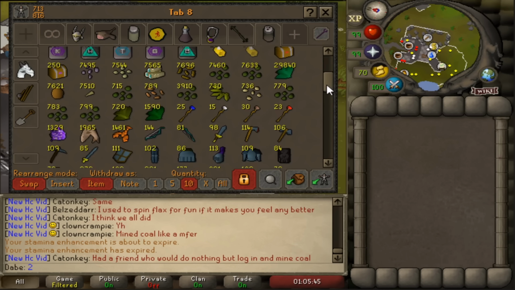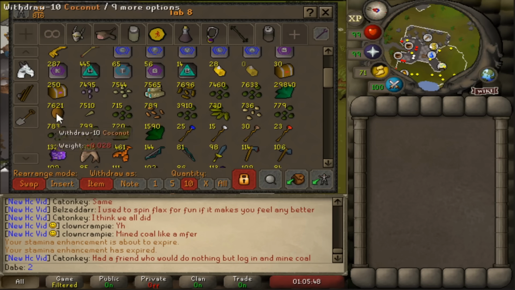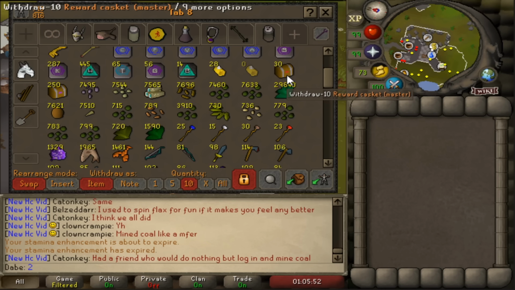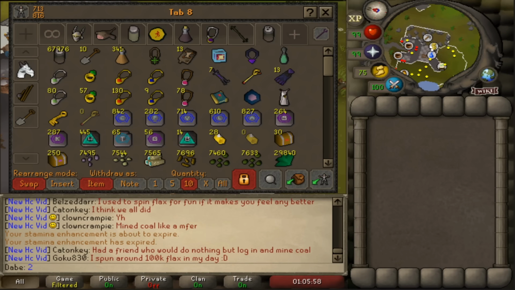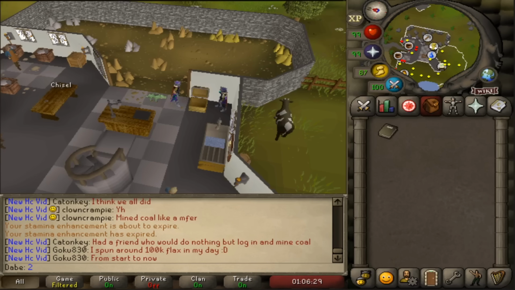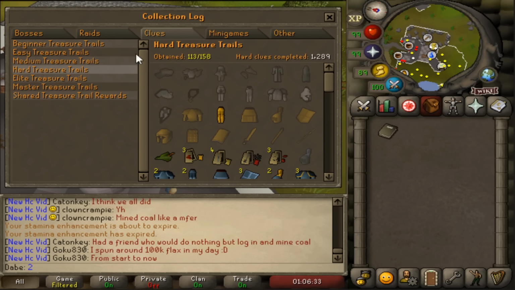Tab is starting to look pretty thick from the impling stuff, but very excited to open these. Probably going to end up with another, you know, 15-ish more masters, and every week it gets harder and harder not to crack those open, but let's go ahead and get started. And of course, to avoid all of you yelling at me, because I don't like when you yell at me, we're going to go ahead and check the collection log before we do anything, starting off at 1,289 hard clues